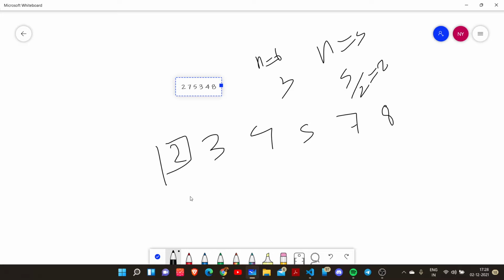So suppose we are printing 3 and 2, then 4 and 2, then 5 and 2. Why we are doing this is that 2 is the smallest among this sequence. So whenever we divide any of the remaining numbers by 2, the remainder will be smaller than 2 or equal to 0.